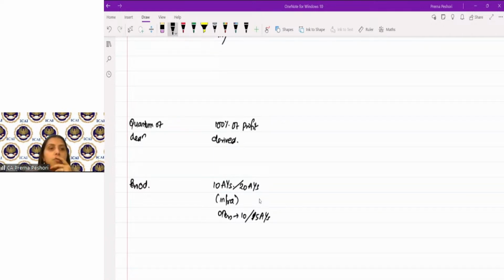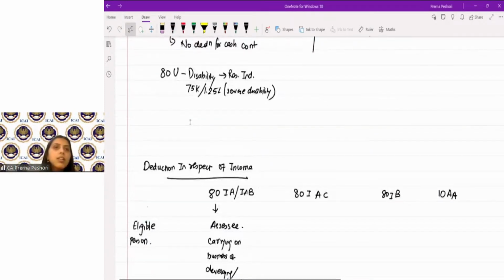So this is for the infrastructure facility and power generating units, or the units for the revival of the power generating plants. Any questions? In case this is, as I said, available to the entity which is carrying out this particular business. Okay, clear? Then next is ATIA-B. ATIA-B is available to the SEZ. ATIA-B is available to SEZ. You can write it separately here.